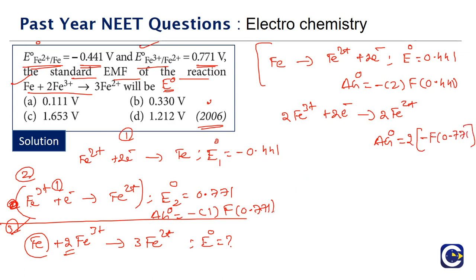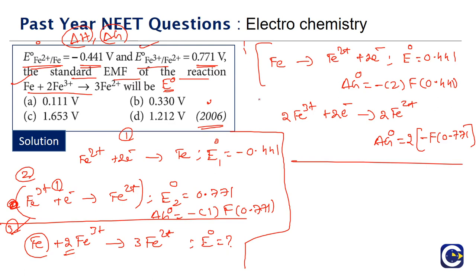So if you multiply an equation by a factor 2, the free energy change also has to be multiplied by 2. Likewise, the delta H value of the reaction will be multiplied by the same factor. So the change that we perform to a reaction or equation will also result in the same change in the delta H value or the delta G value of the reaction. Now, this is our 1 dash, the modified first equation. This is our 2 dash, the modified second equation.